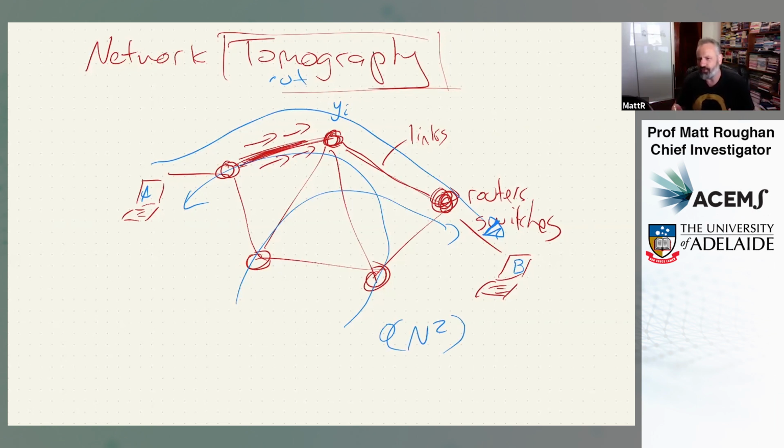You don't want your probe traffic itself to become the thing that's causing the congestion. You want to send probes relatively often because you want to spot congestion as soon as it happens. But if you send them too often, and if you send them from too many different locations and too many different paths, then you will overload the network just with the measurement traffic. And that would just be crazy. That would be ridiculous. So what do we do?